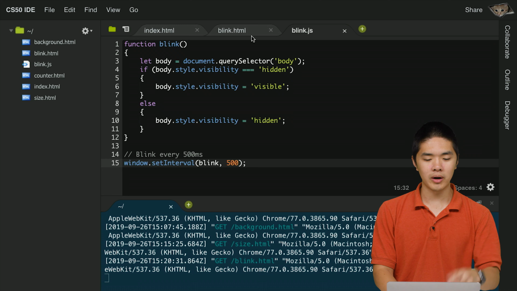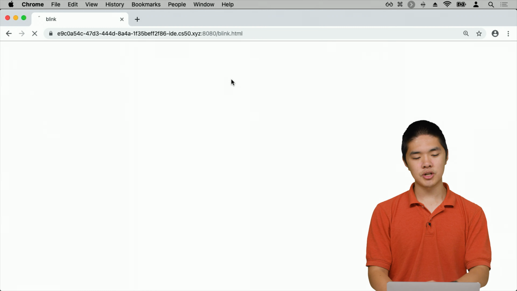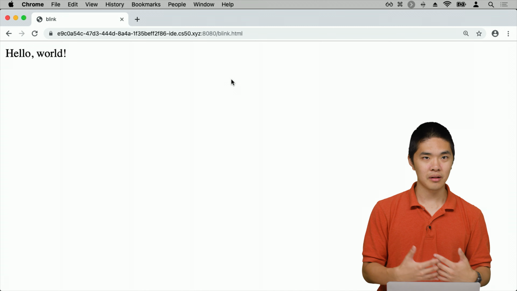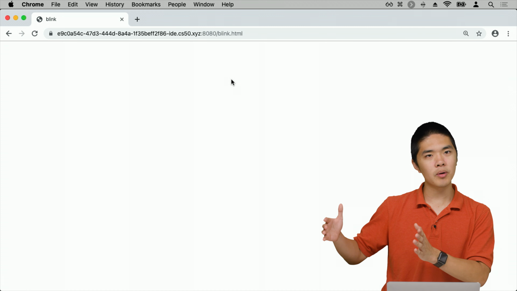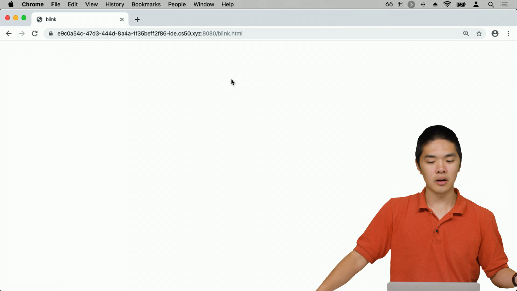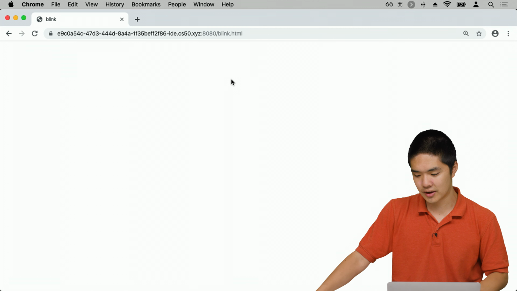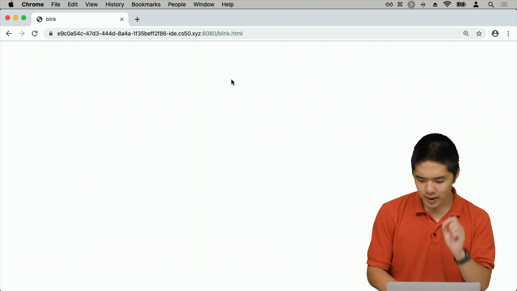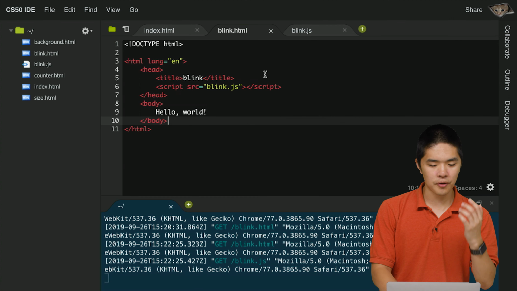So just a little bit more organized now, and if I go back to the page and refresh the page, you'll notice it's behaving the exact same way. It's doing the exact same thing. I've just separated the JavaScript into a different file, and now I'm including it inside of the HTML file that I'm using now. All right, so as one last example, let's take a look at some other features that JavaScript